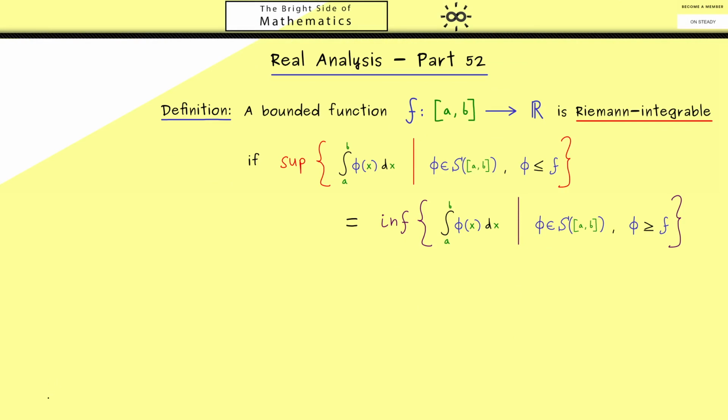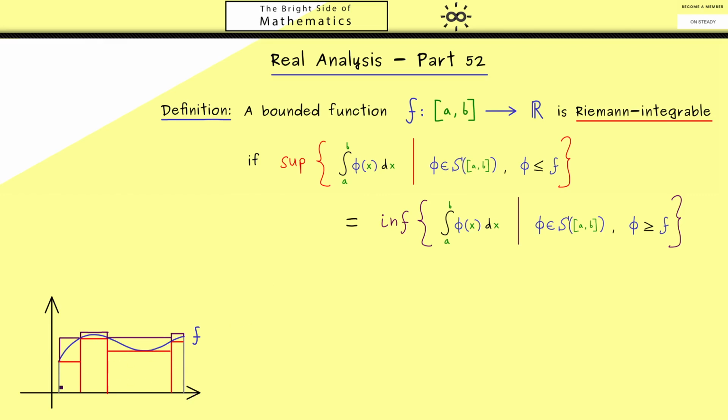To get the idea, let's simply draw a small graph here. So you see, our mission is that we approximate this area from above and from below. Now let's say this here is a step function phi, and you see it's an approximation from below. Also, you can see without a problem, even with the same partition of the x-axis, we can choose a step function psi that approximates the integral from above.